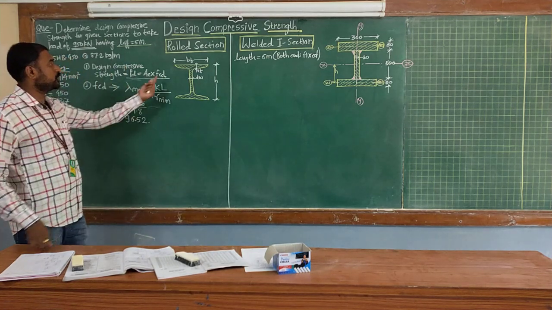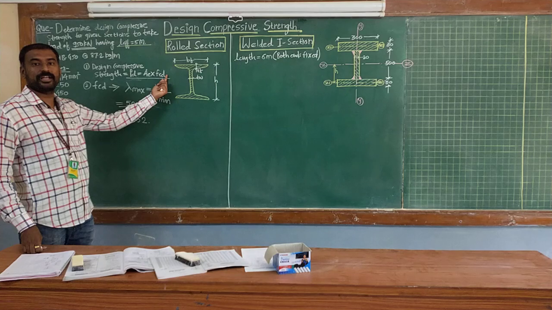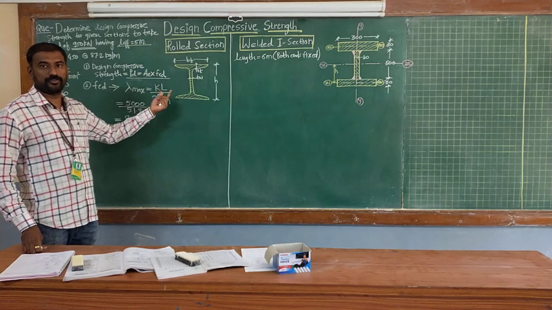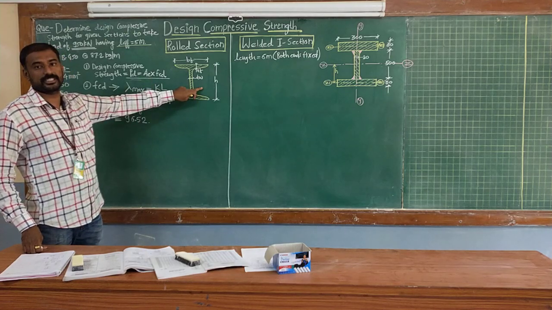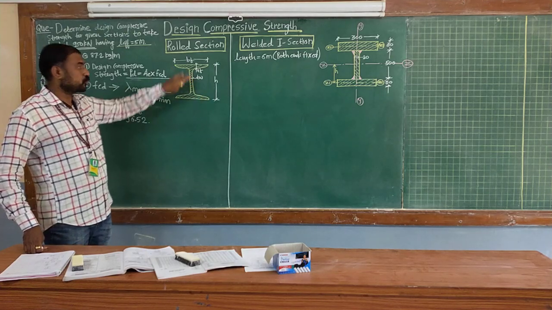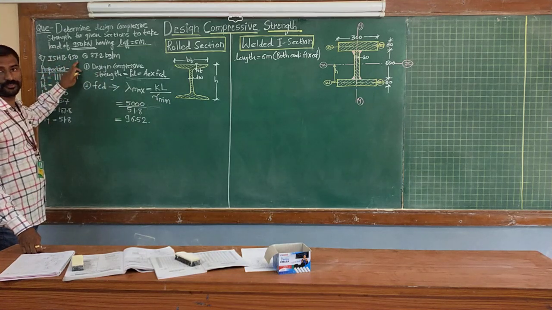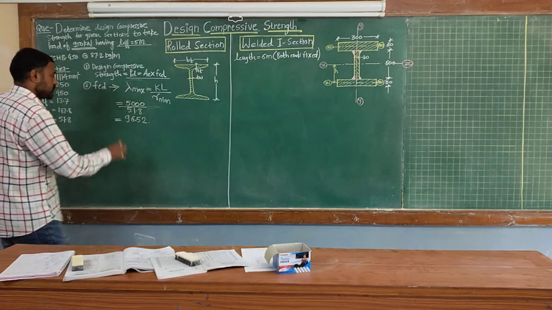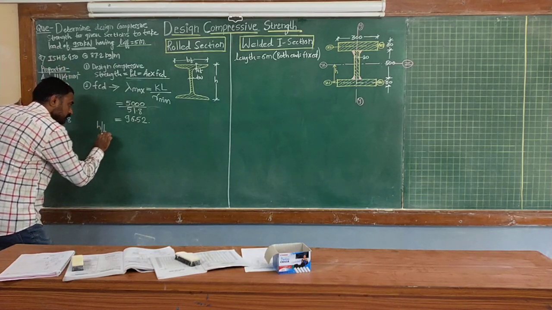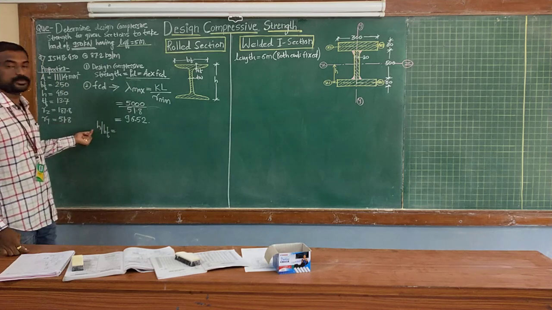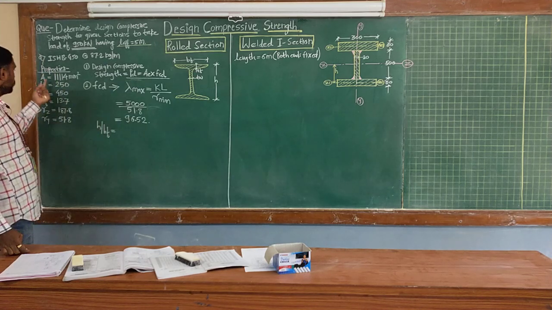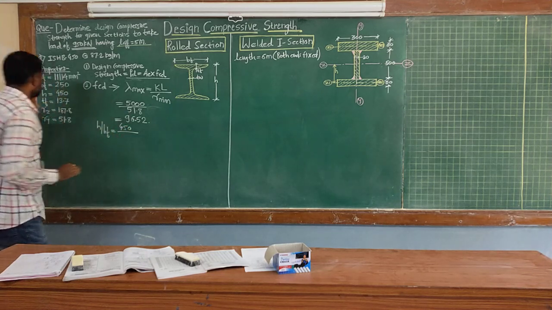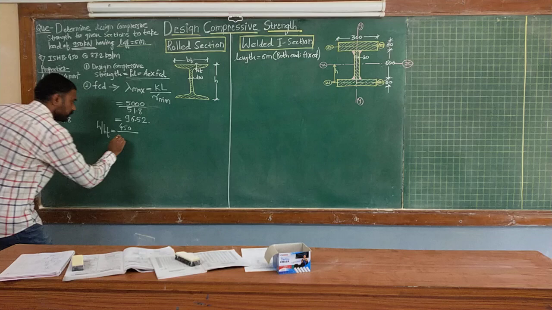But for calculating your design compressive stress you require the buckling class. Correct? So according to table number 10, page number 44, we are going to initially classify this particular section. Which type of buckling class will be there for rolled I section ISHB 450? For that, according to table number 10, you need to calculate the ratio H divided by BF, the total depth of section divided by width of flange. Already we have written that value. So H is equal to 450 divided by width of flange BF, 250.